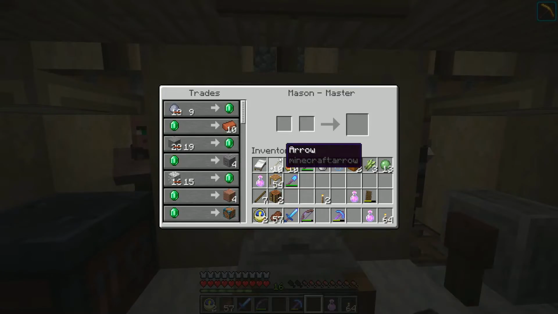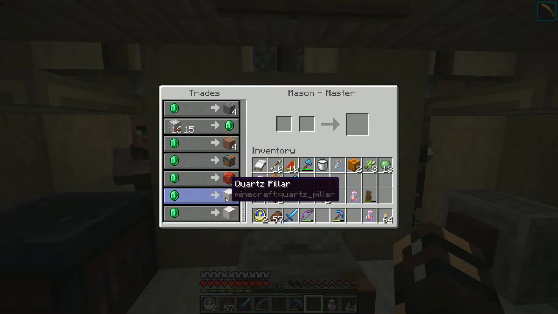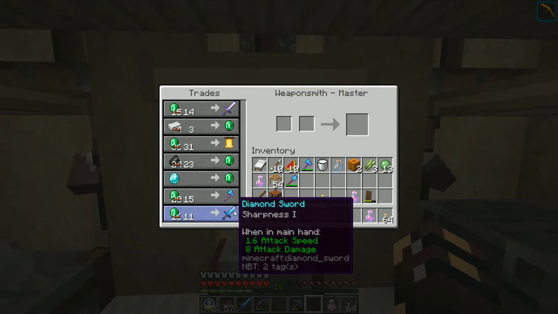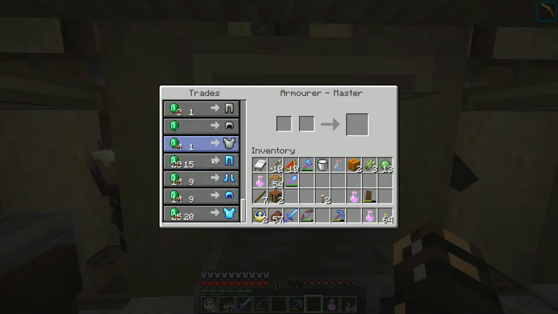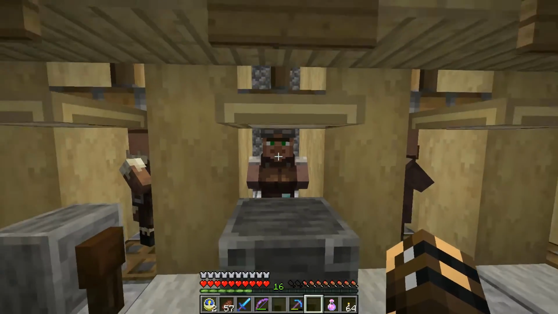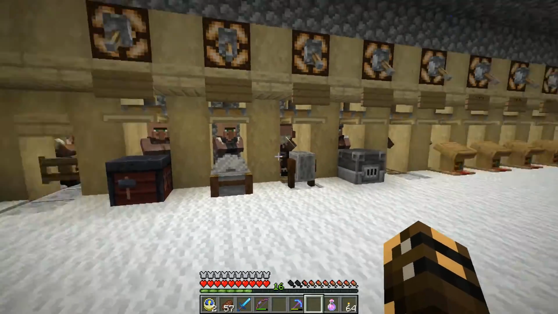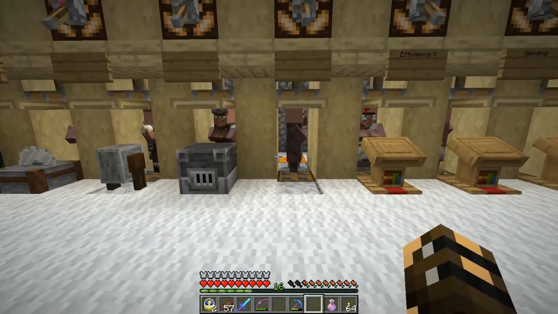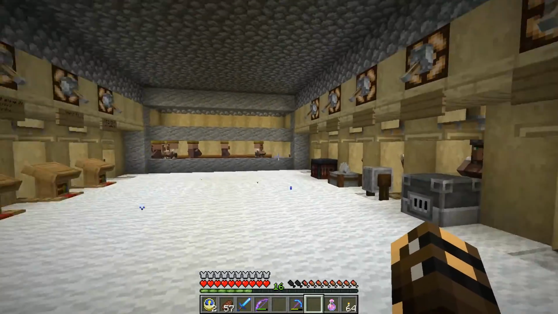So I've got Toolsmith, a Mason, because I wanted to get quartz off this guy. What's the other one? Weaponsmith, so I can buy diamond swords. And the armorer, so I can buy all the diamond armor. I think that's about all I want. Maybe, I don't know. I don't have room for anyone else anyway, unless I can just keep trading and manage